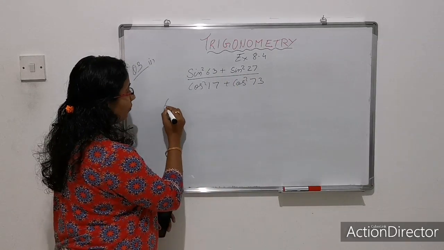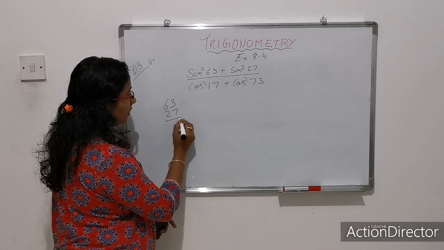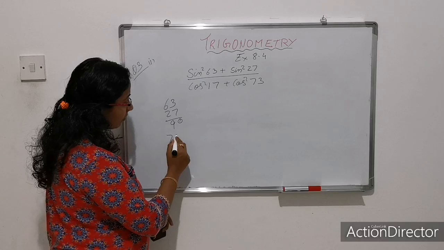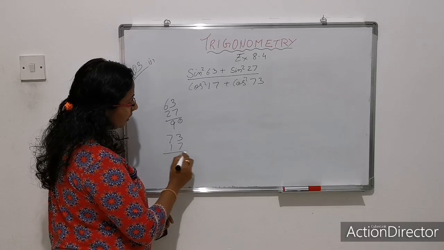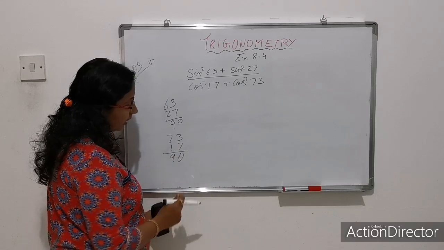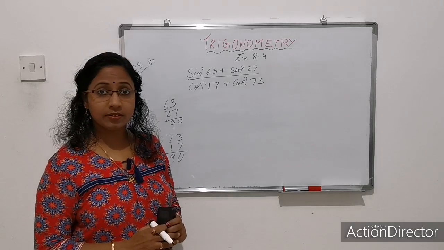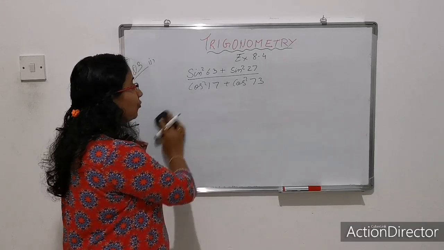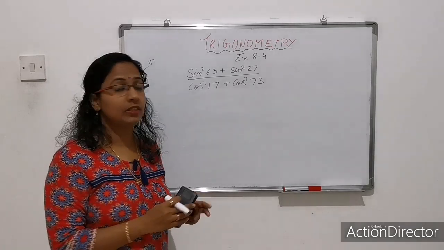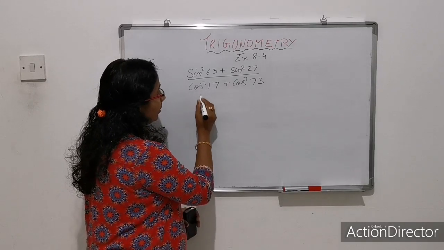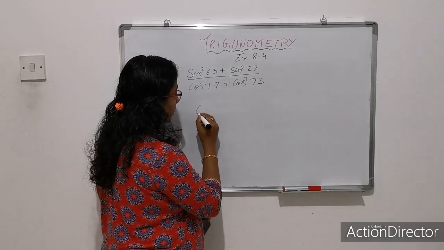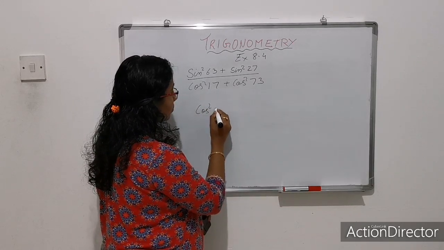That is, 63 plus 27 gives 90. Similarly, 73 plus 17 gives 90. So you have to first apply the formula of the earlier exercise, that is, you will change one of these as cos square